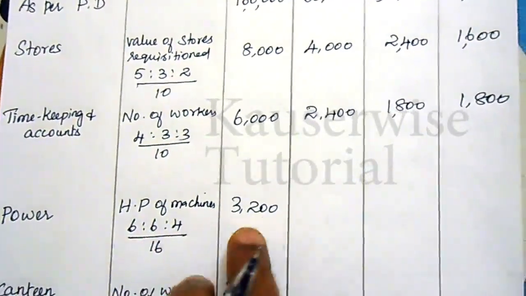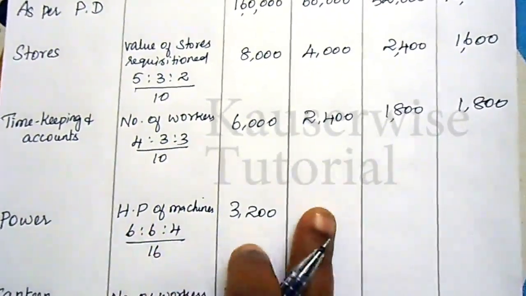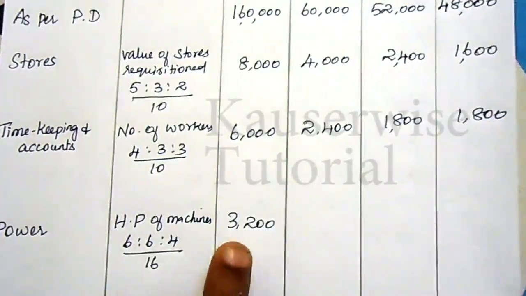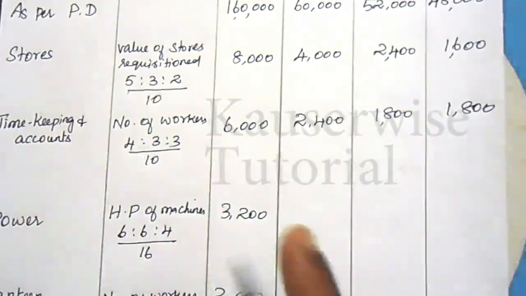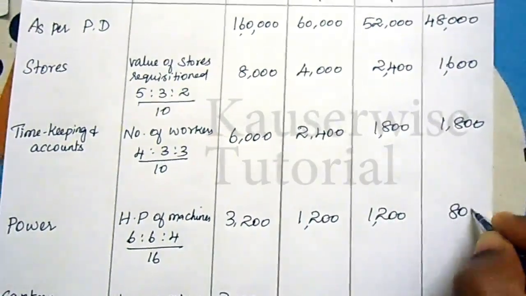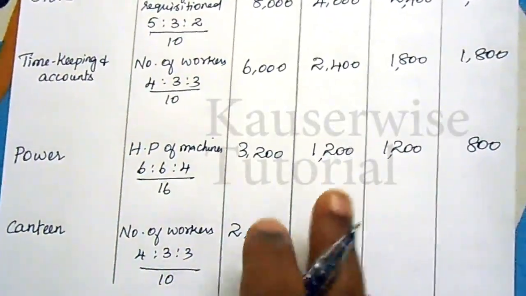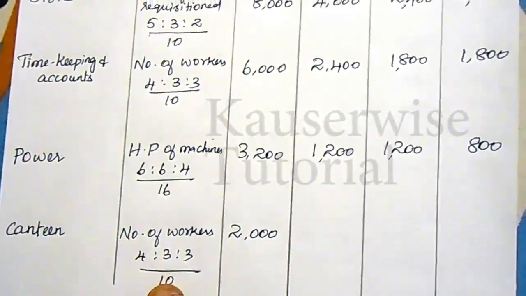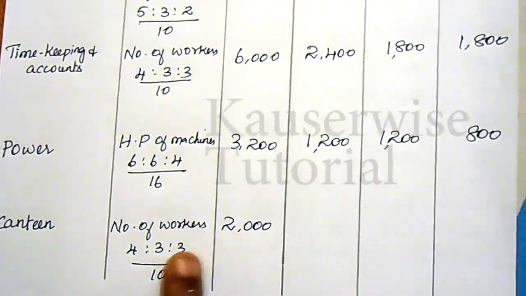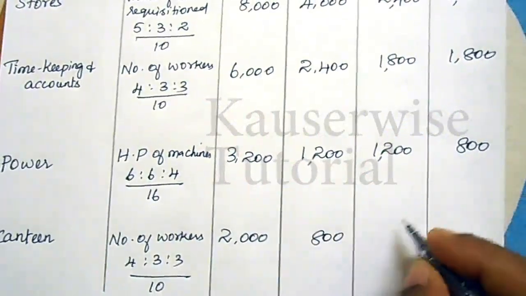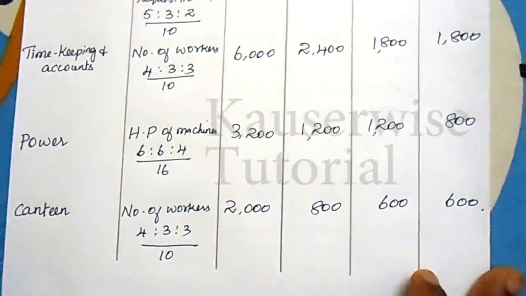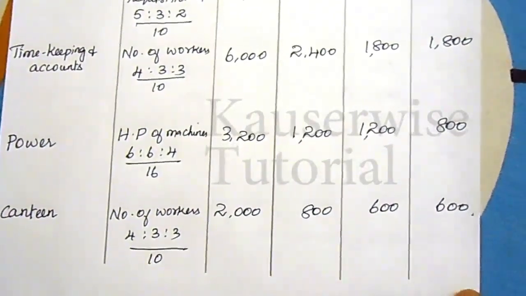Next one, for power, 3,200 into 6 by 16 for A, and for B, 3,200 into 6 by 16. For C, 3,200 into 4 by 16. And the last one, for canteen, department A, 2,000 into 4 by 10. Department B, 2,000 into 3 by 10. For department C, 2,000 into 3 by 10. That is 800, 600 and 600. After entering everything, now you have to find the total for each and every department separately